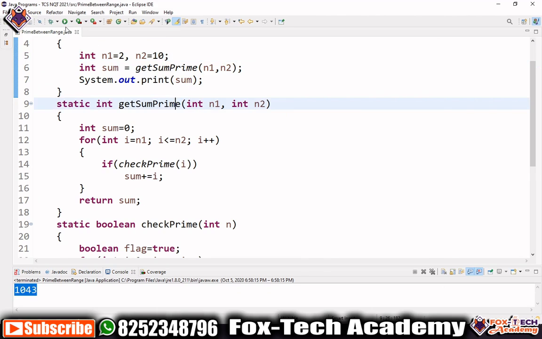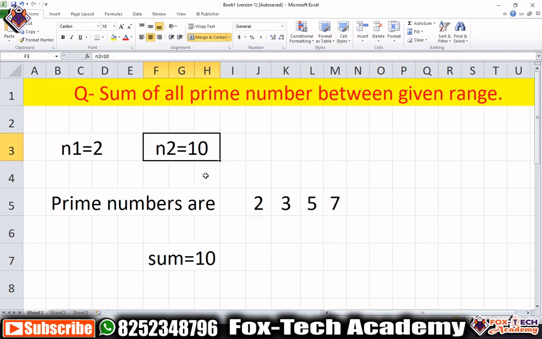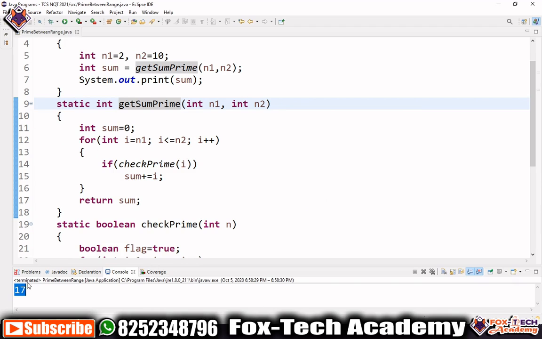You will see that it shows 17. 17 is the addition of all prime numbers between 2 and 10. There are 4 prime numbers, and when we add all 4, we get 7, 5, 12, 3, 15 plus 2, 17. So in the output it is also returning 17.